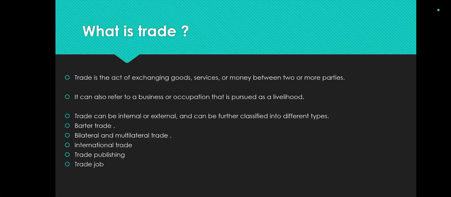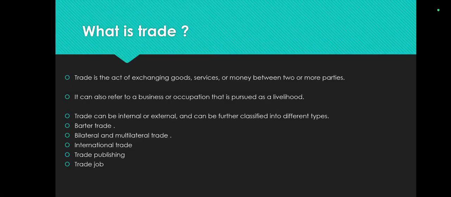We have to give remuneration in lieu of the advice we take from the lawyers or doctors. Now, remuneration is a professional fee given to the professionals for taking their advice. Do we get any commodity from them? No, right? So, when there is buying and selling of goods, it is called visible trade. On the other hand, when there is an exchange of services, it is called invisible trade.